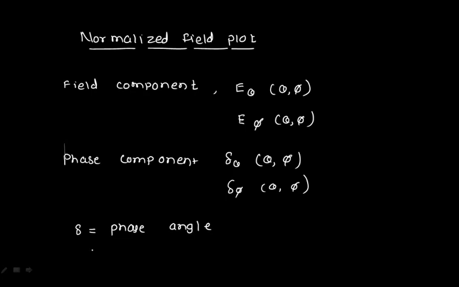And again, you know what E is. E is nothing but the electric field intensity. But that intensity you're going to measure with respect to theta and phi, and that's why you represent all these things like this. Okay, so the plot can be made normalized. Now if I'm talking about the normalized field plot, it means what? Say I'm taking my electric field in the theta direction, which is a function of theta and phi.